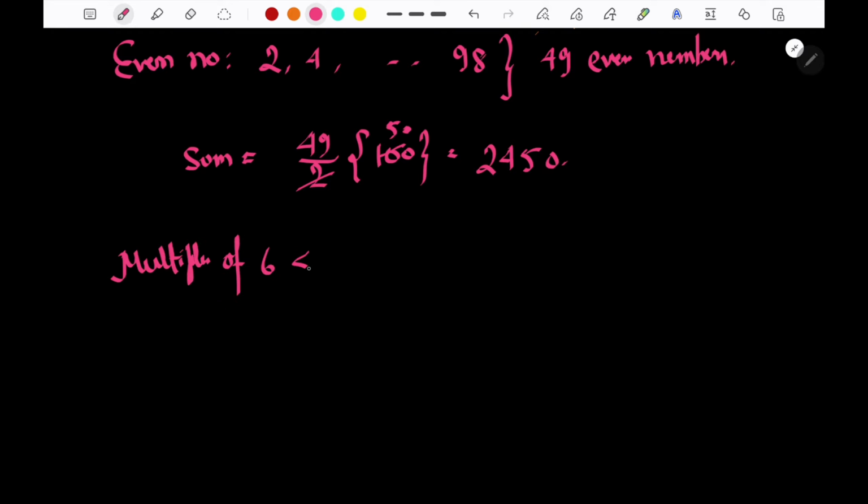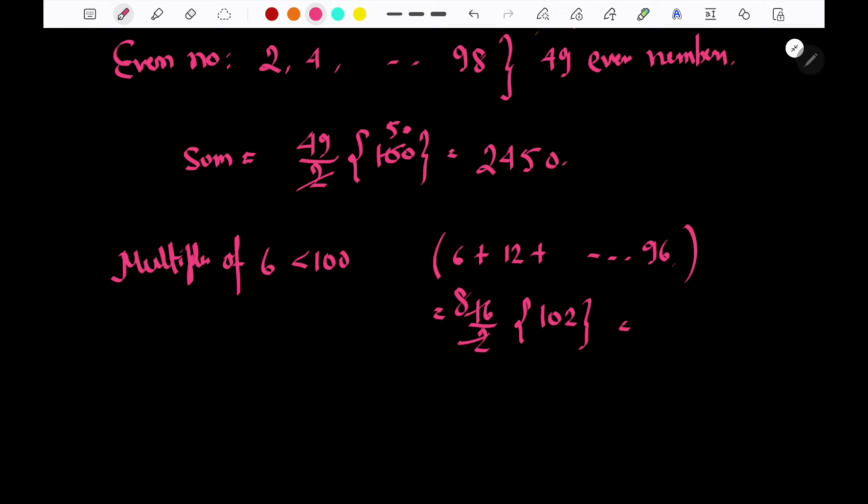of 6 less than 100. Let's start from 6, then go to 12, then go till 96. So what is the total value? First tell me how many numbers would be there. Will it be 16 or 17? Think of it. It will be 16 itself. 6 into 16 is 96. So 16 by 2, first term plus last term, that is 102. So this will be 8 and